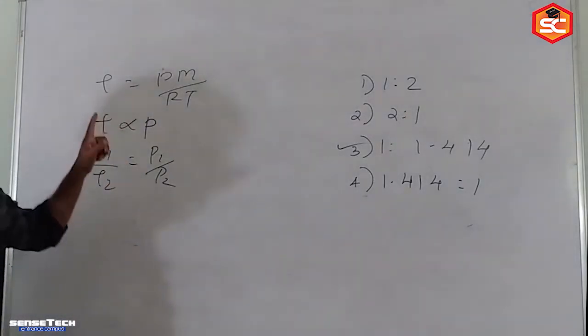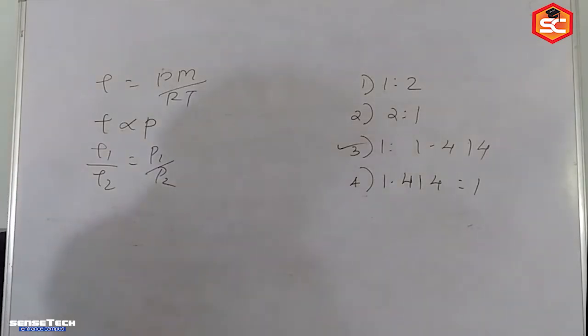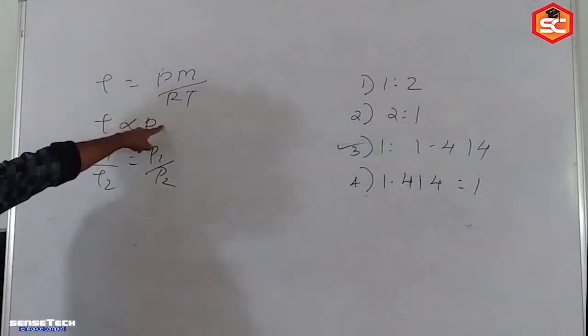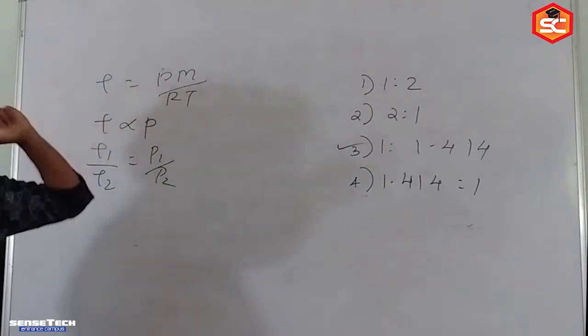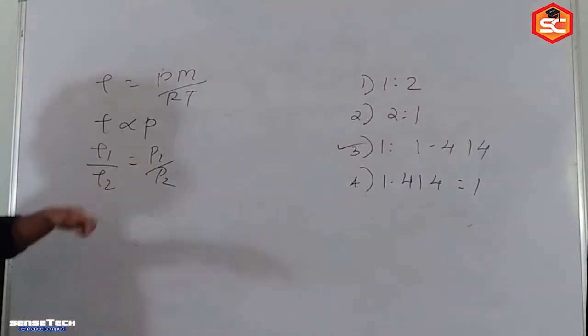Clear now? Density relation only they asked in the question. The density of oxygen gas at 25 degrees Celsius is given at 1 atm pressure. At what pressure will oxygen have the density twice the value? Only pressure they are asking. Temperature remains the same. Molar mass will not change because same gas we are taking. At what pressure the density will be twice? So rho 1 by rho 2 is equal to P1 by P2.